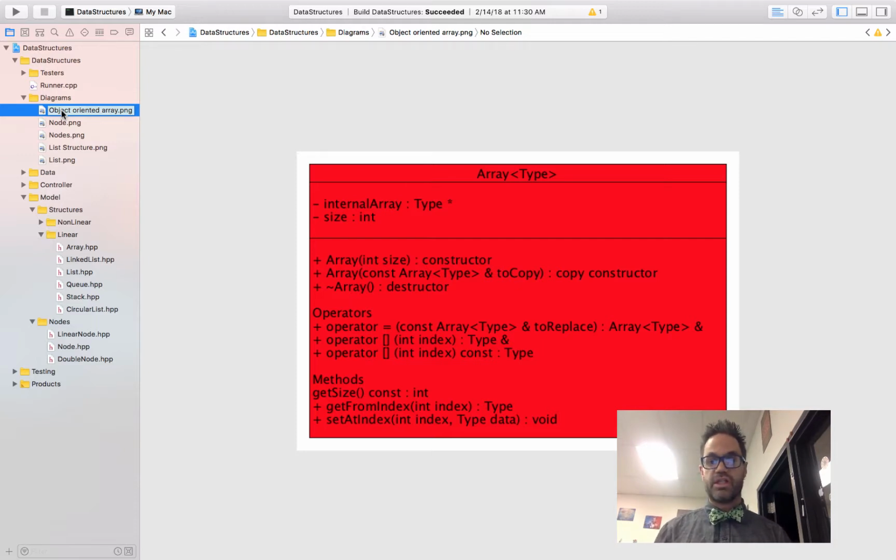We're going to be using the template class type, so we can actually work with arrays that can be storing any different kind of thing inside them. As you can see right here, we have a data member section and a methods and constructors section. Inside our data member section, we have two data members we're going to be working with. We have an internal array pointer,